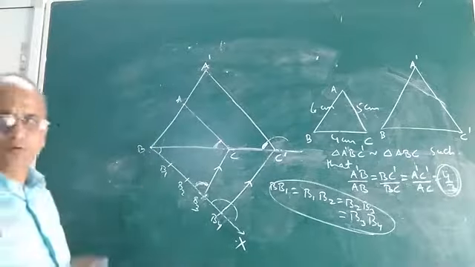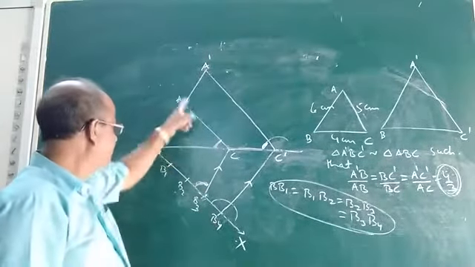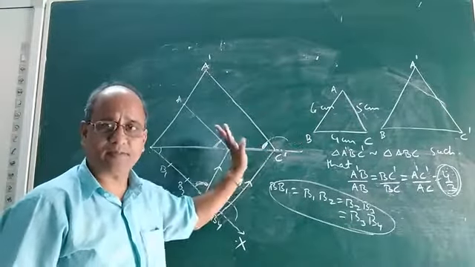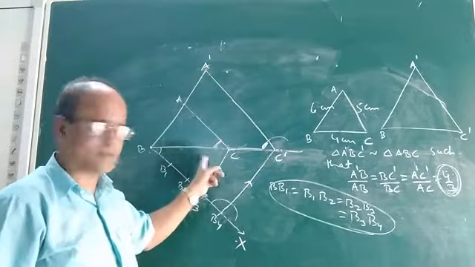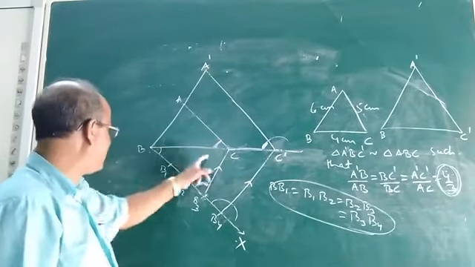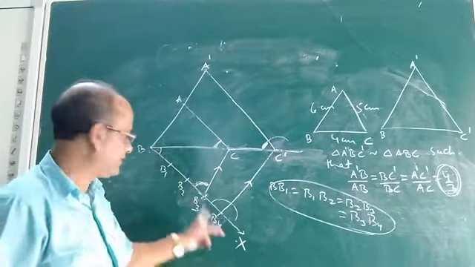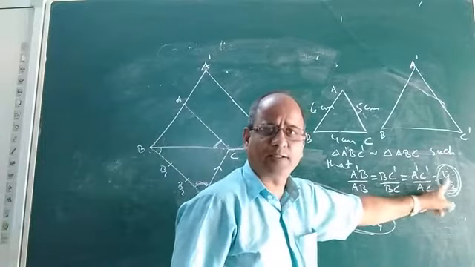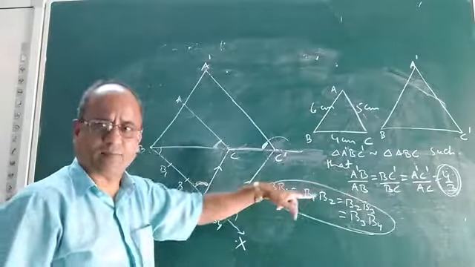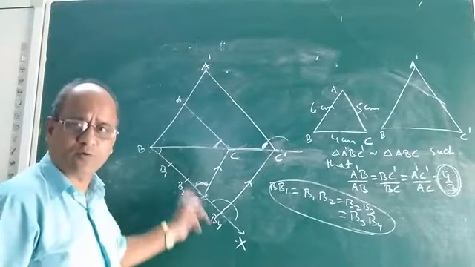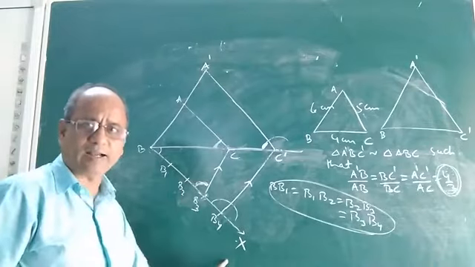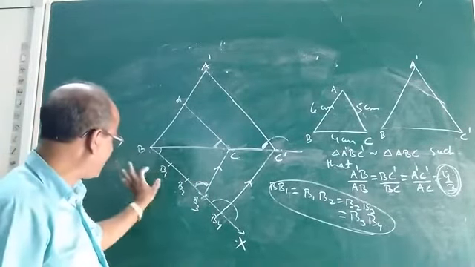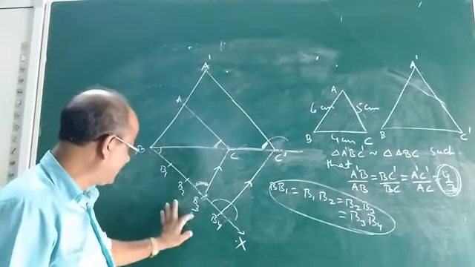Look at it. Once again I am saying, first you construct triangle ABC with the given measurements, that is 4 cm, 5 cm, 6 cm. Then take any one side as the base. Suppose BC as the base. Now below the base line, you draw an acute angle. Then cut 4 equal parts. Why cut 4 equal parts? Because the given scale factor is 4/3 and the greater part is 4. So whatever is the greater part, that many equal arcs you have to cut, or divide that ray into 4 equal parts. I have divided it into 4 equal parts: B1, B2, B3 and B4.